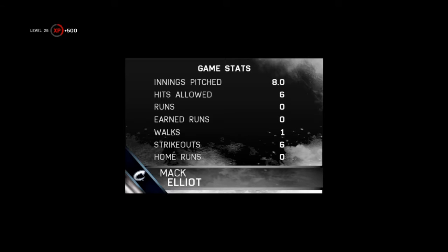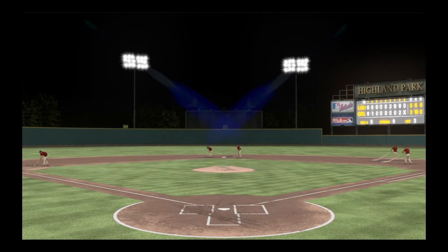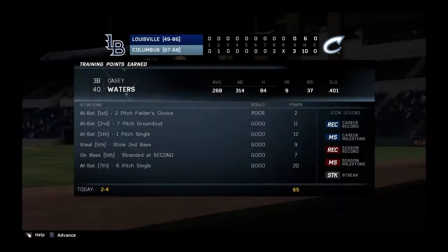Well, you always hope to get a good outing from your starting pitcher, but this man went above and beyond in this one. He's our top player of the game. Yeah, he wound up turning things over to his bullpen in the ninth, but